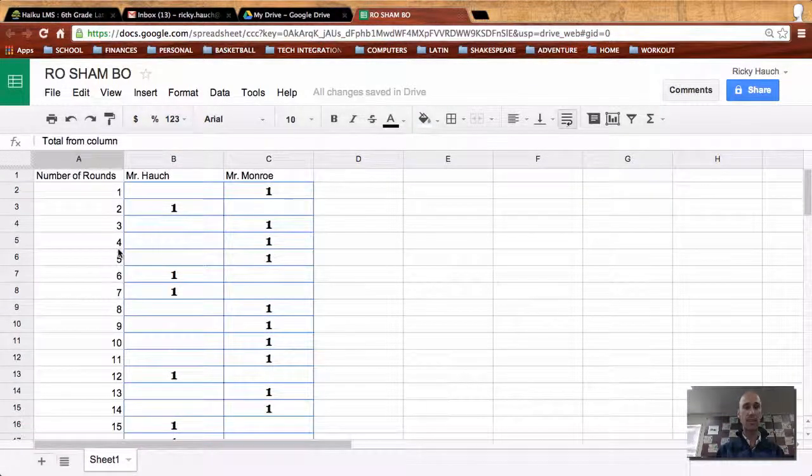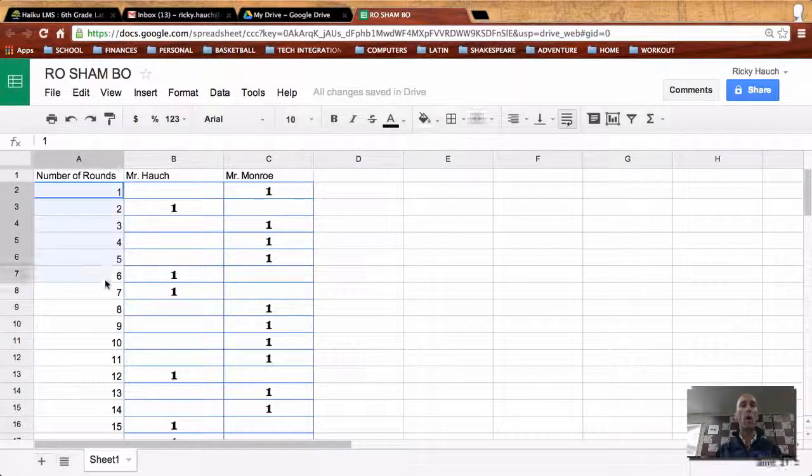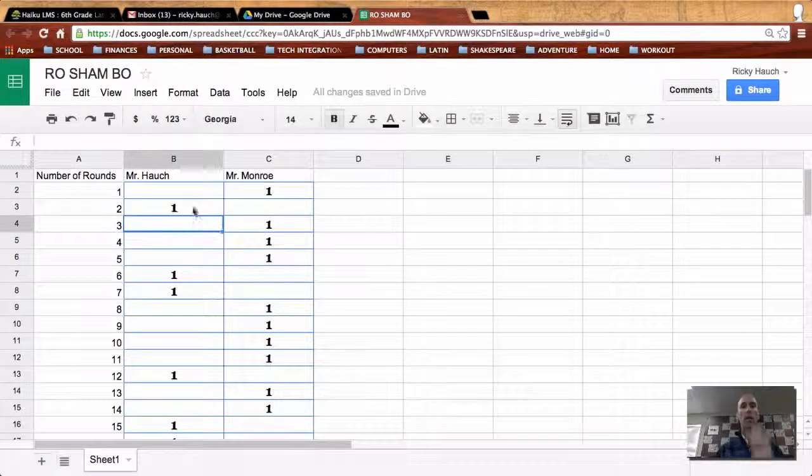And the next thing that you want to do is, if you notice, there's bold formatting on these numbers here, and I want to switch the rest of these to what my name, Mr. Monroe's name, number of rounds, and all of these numbers here to a formatting that's exactly the same. So I could do that one by one, or highlight the text and click here and figure it out, or you can just click on that